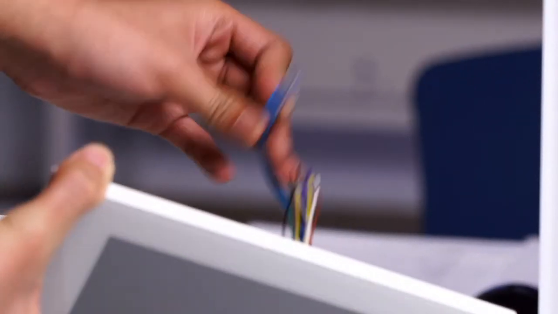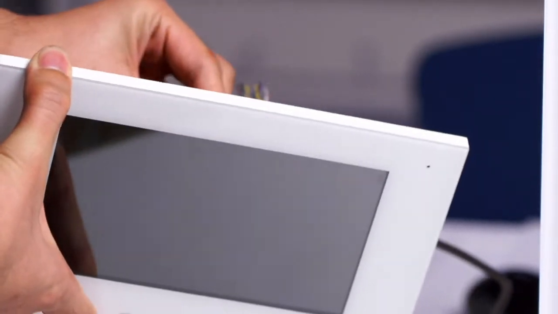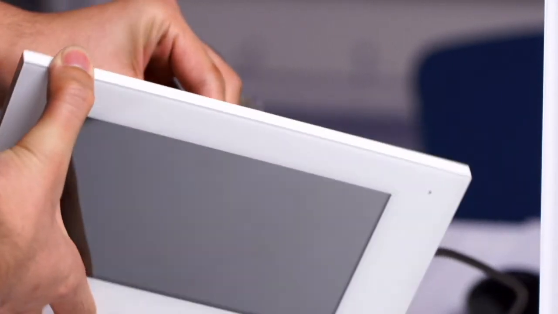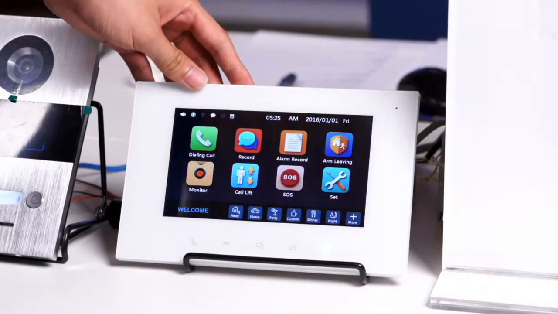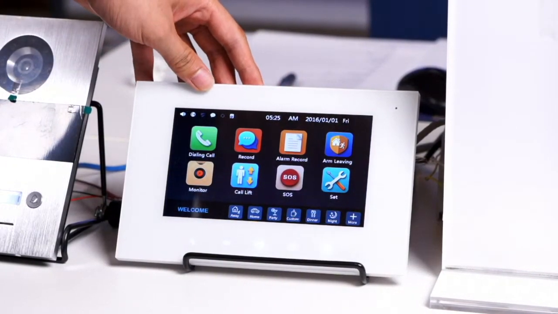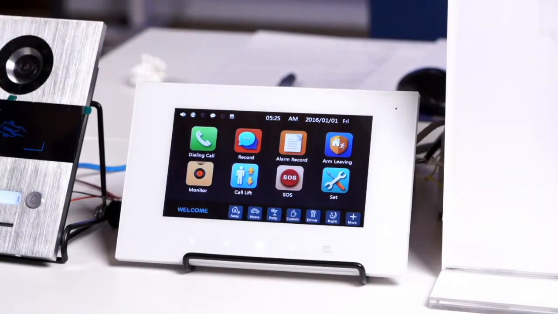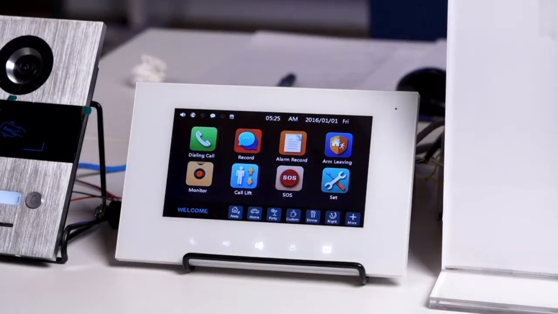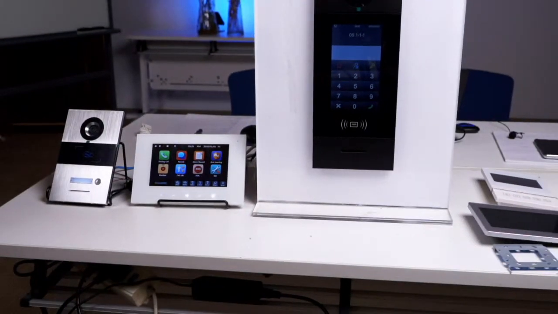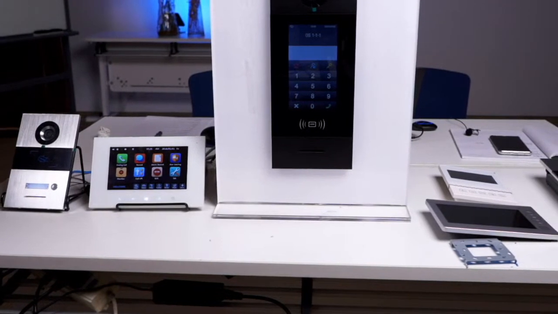Say you're installing for the first time, you just mount this device on the wall, and then you connect the Cat5 cable or some other higher spec network cable. And then after a few seconds, it is going to work. It's very fast. Yes. Okay, so this is about our products, and I believe that it will be a very suitable product for